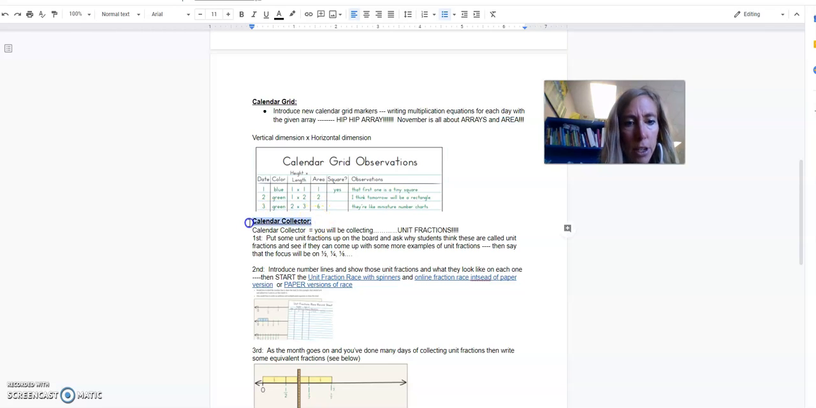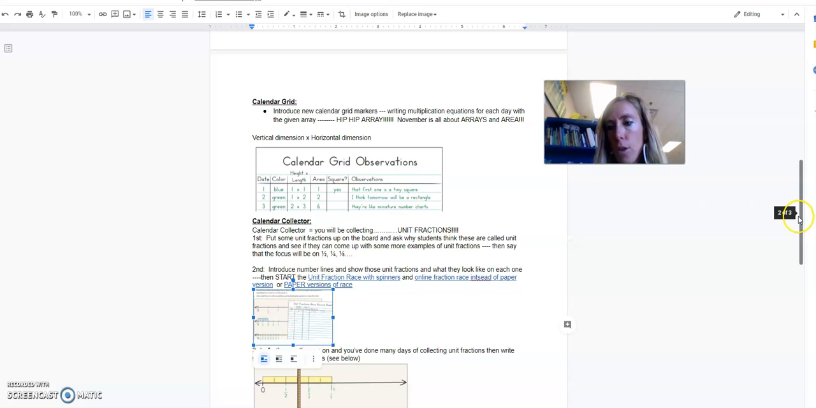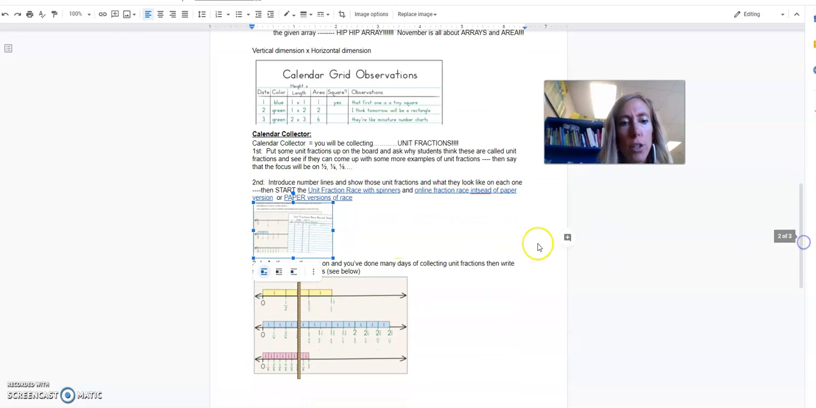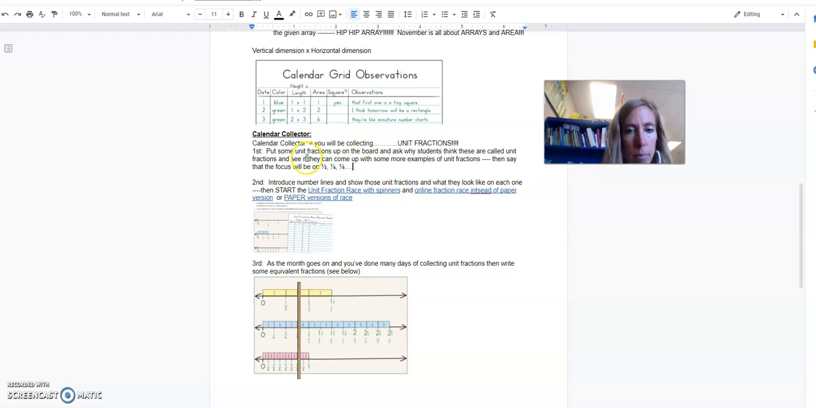Now we go to Calendar Collector, collecting unit fractions. If you remember, these are those pieces that I made you years back that maybe you don't have anymore, where you're spinning and collecting either halves or fourths or eighths. So as you introduce this game, or this collecting thing we're going to do every month,